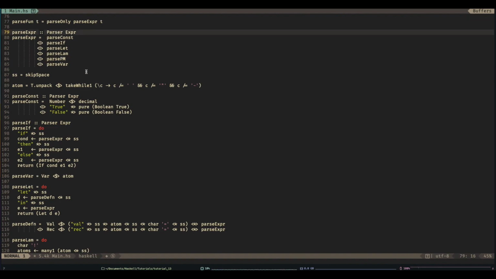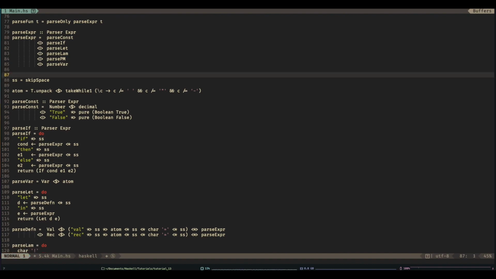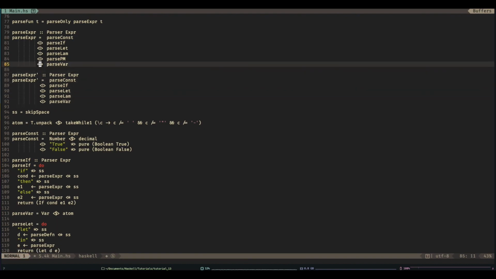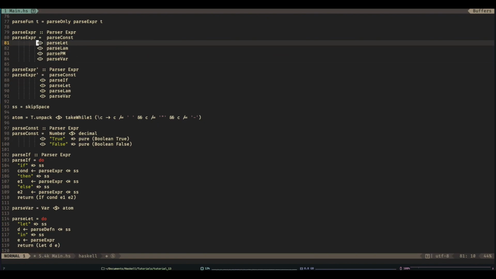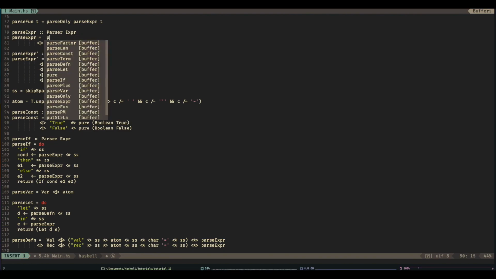So what I'm going to do is copy all of this and I'm going to say that this is parse expression prime, and that's just the ones that don't start with an expression in infix form. So those are fine, but it's not going to have PM. And then of course we can remove this and we can say that this is